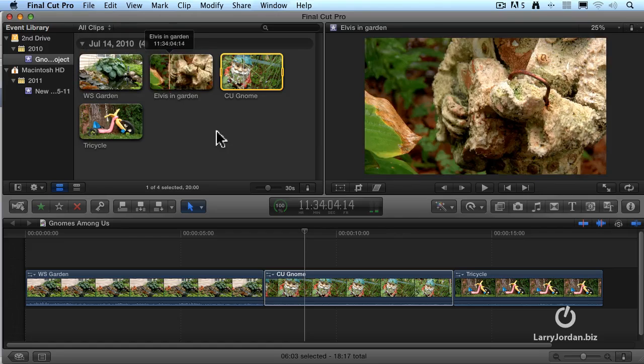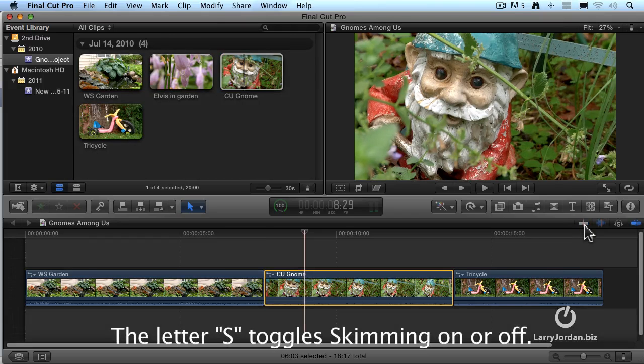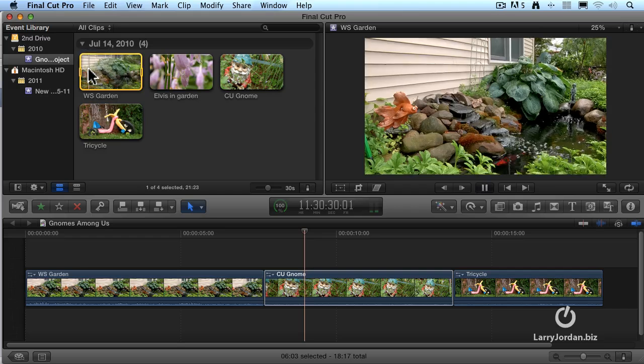Well, skimming is either really, really great or really, really distracting. And Apple gives us the ability to turn it on or off. It's this button right here. Keyboard shortcut is the letter S. When skimming is turned off and we move our mouse over a clip, absolutely nothing happens. We have to do the usual click with the mouse to set the playhead and hit the spacebar to play